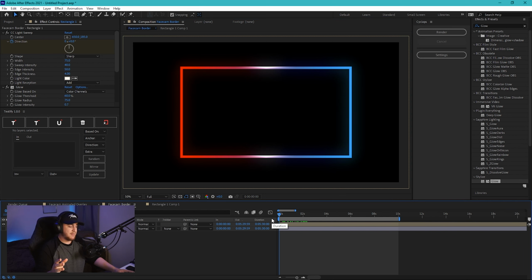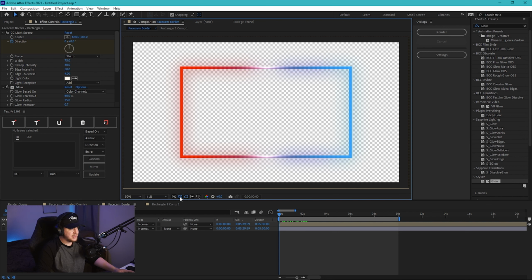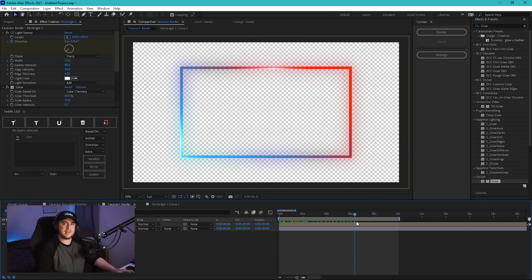And just to test it out and make sure that we actually have everything in order, go ahead and click this toggle transparency grid. And if the transparency is correct, you guys can see that there is no middle ground with the actual face cam, meaning there's no black in the middle, around, or anything like that. And when you play it, it does its animation, it is officially done.